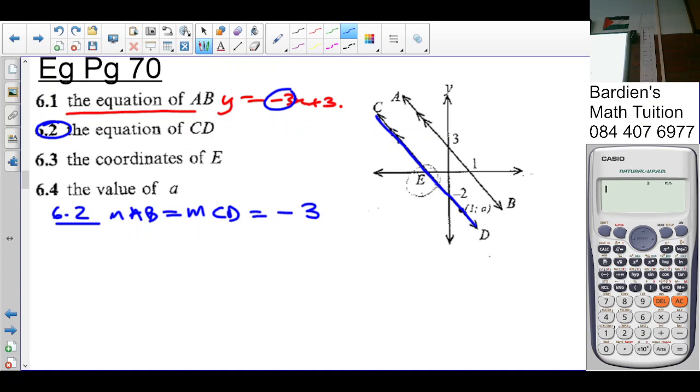So what do we write now? y equals mx plus c. But what's your m value? So you fill that in. y is equal to negative 3x plus c. What is c normally? Your y-intercept. Do we have a y-intercept here? Yes. What's the value of your y-intercept? Negative 2. We can see it here, it's negative 2. So, y is equal to negative 3x minus